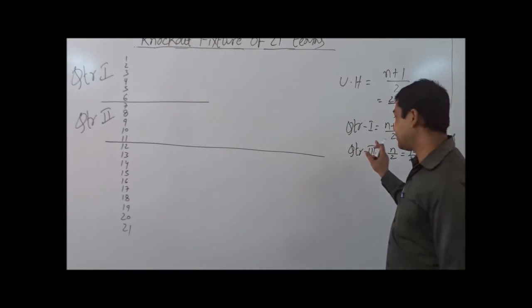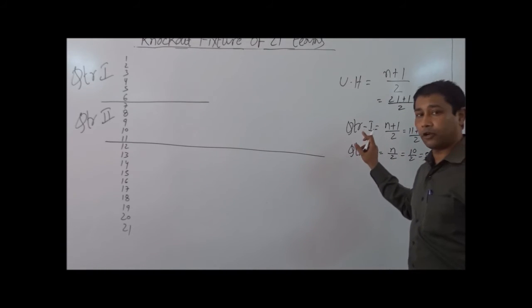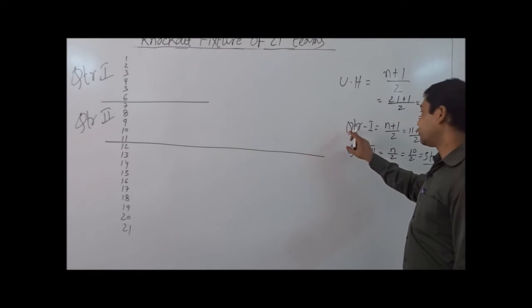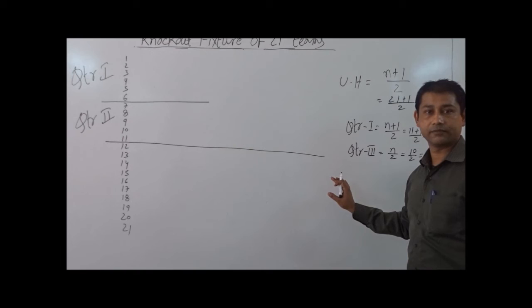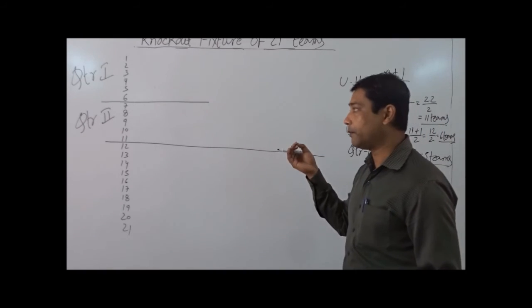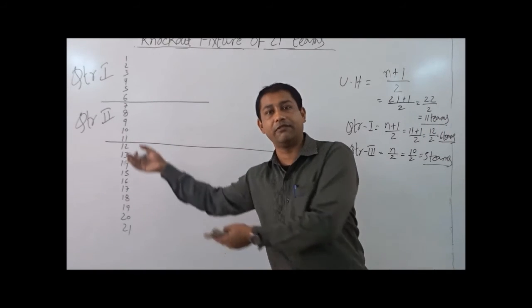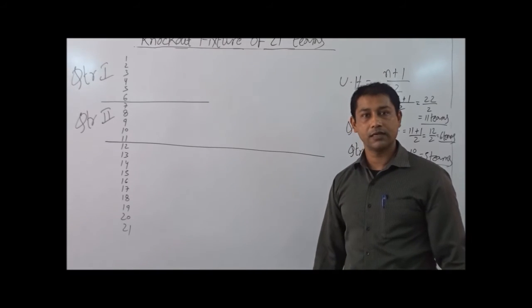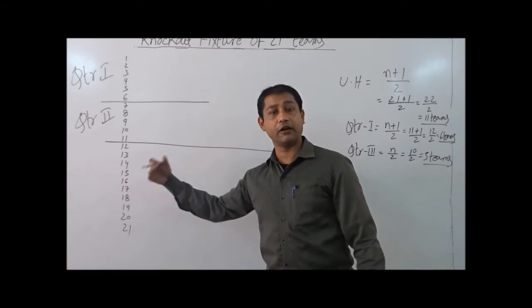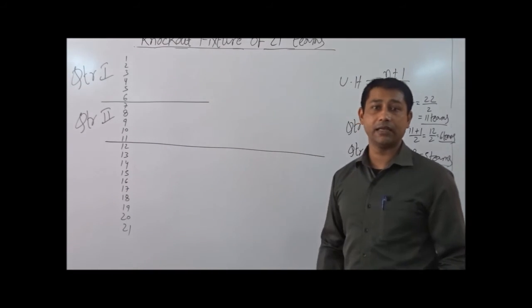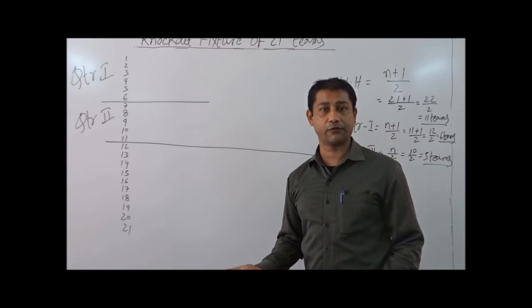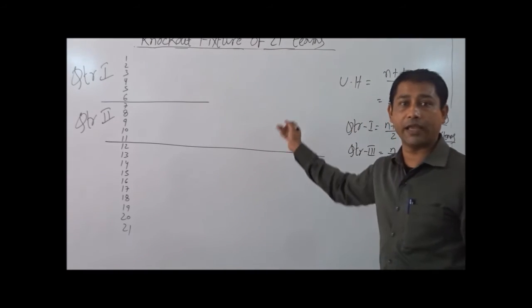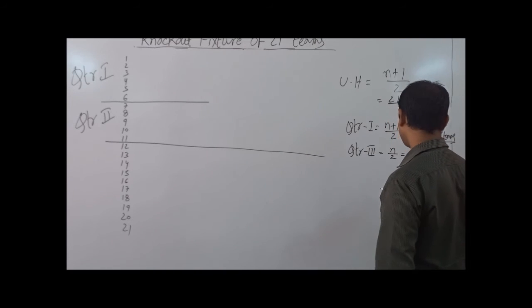You can find in the video that I have only shown the formula for quarter 1 and quarter 3. If we find out how many teams will be in quarter 1, naturally we will be getting it for quarter 2. Similarly, if I find out for quarter 3, I will be getting how many teams will be in quarter 4. So I am not going for that formula.